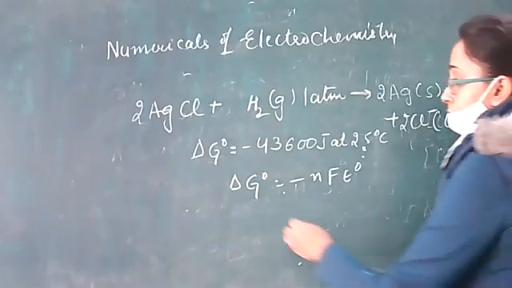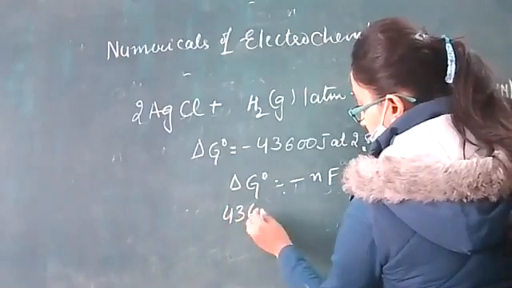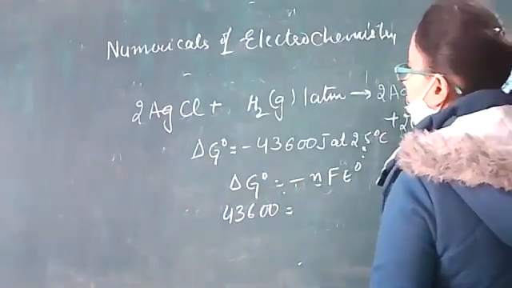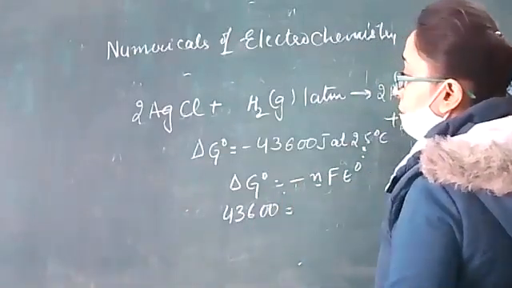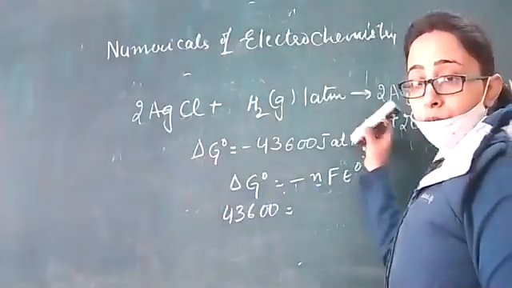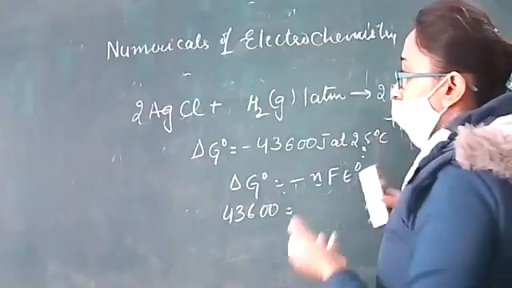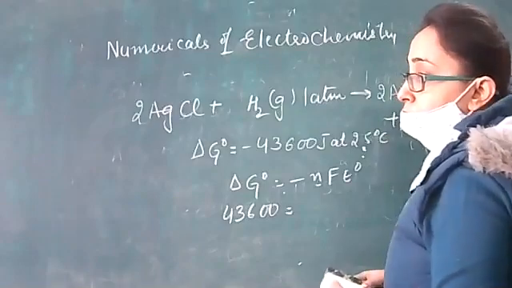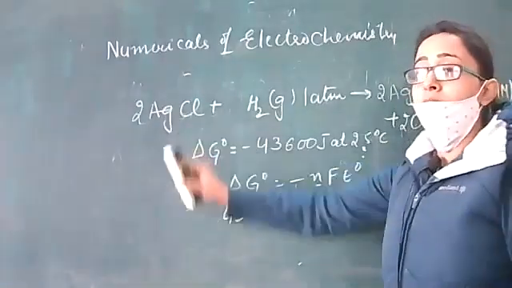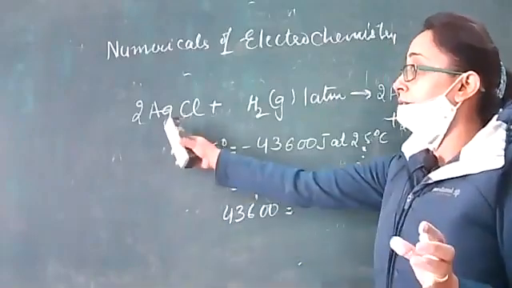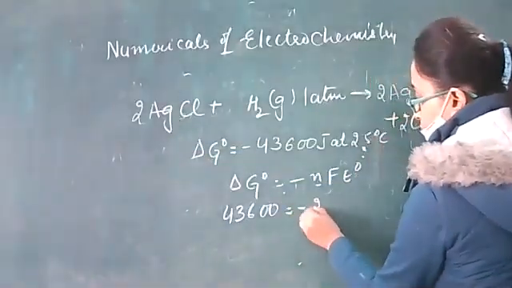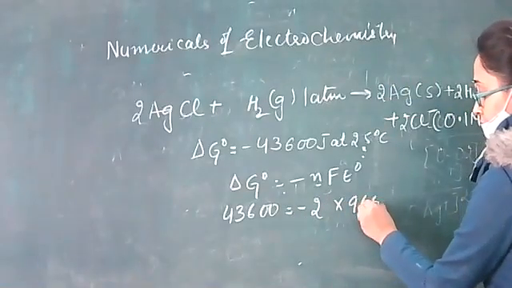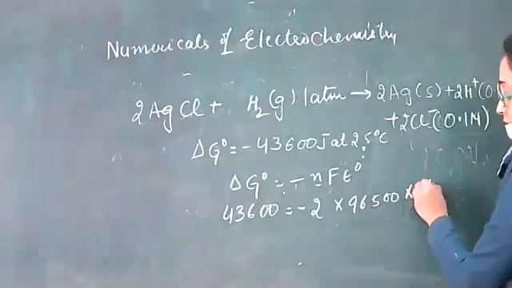Okay, so what is the value of delta G? n is the number of electrons involved. How can we find the number of electrons in this particular equation? We will divide this equation into two parts. Obviously, if 2H positive are gaining electrons, they are gaining 2, so to balance it you multiplied Ag by 2, so n is 2. Okay, what is Faraday's constant? That is 96500, and we have to find E naught.